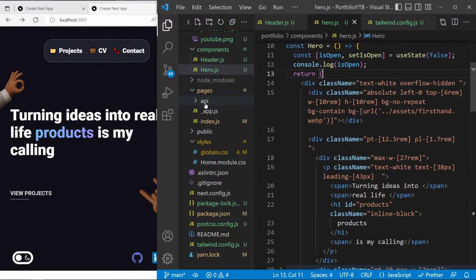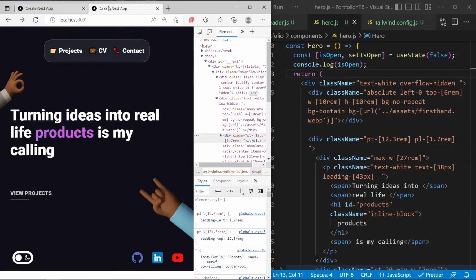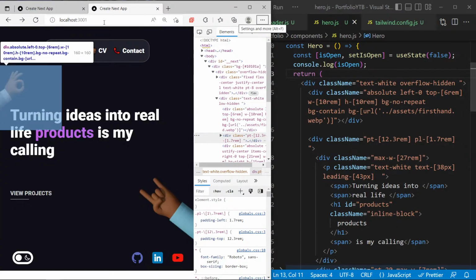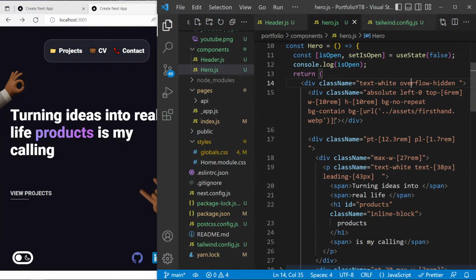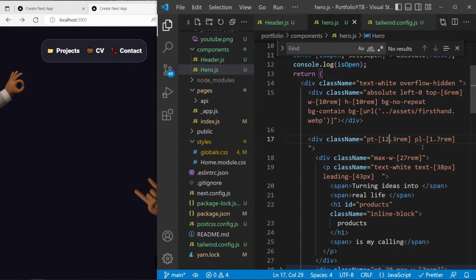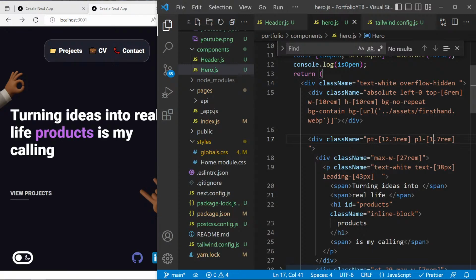Okay, we want more padding to the left. So let's add that. Let me search for padding left 12. If I say 14, oops, not padding top, padding left. If I say 2,